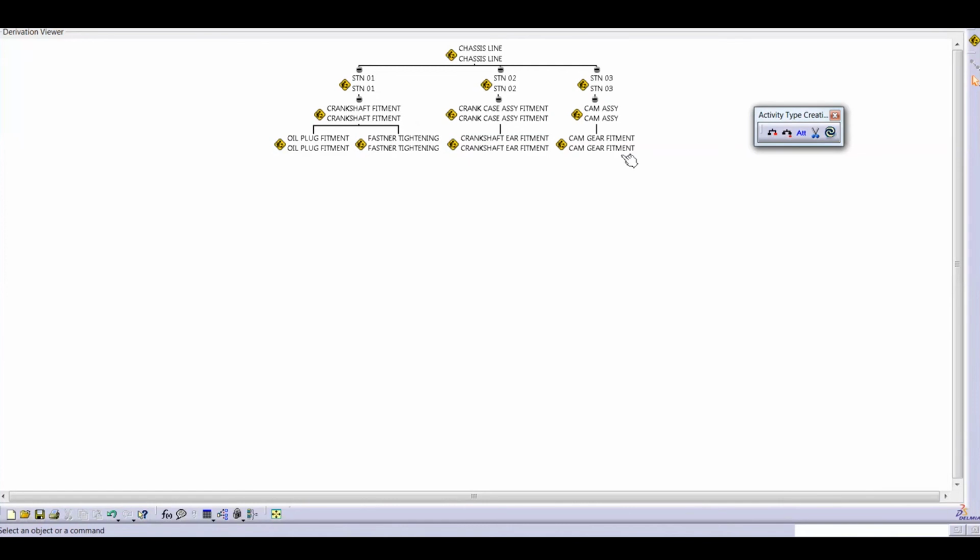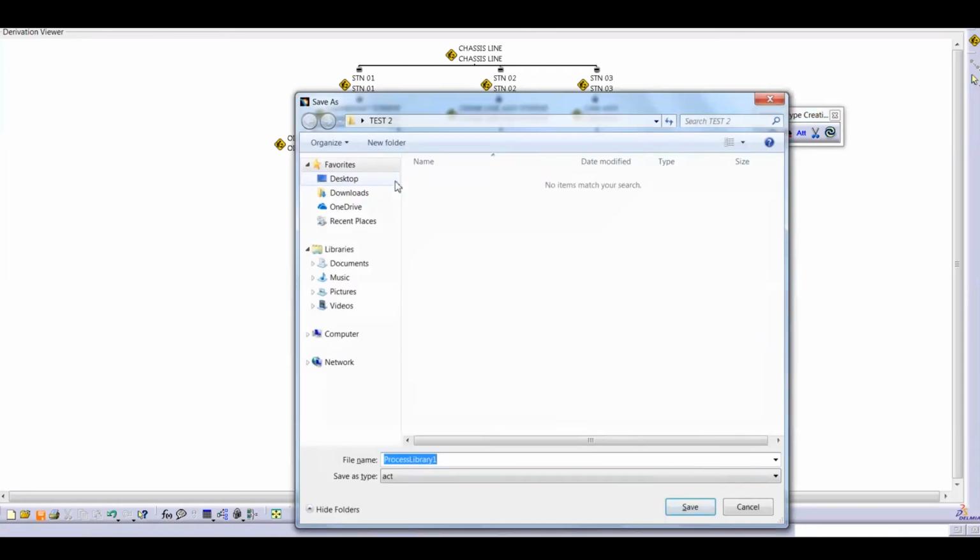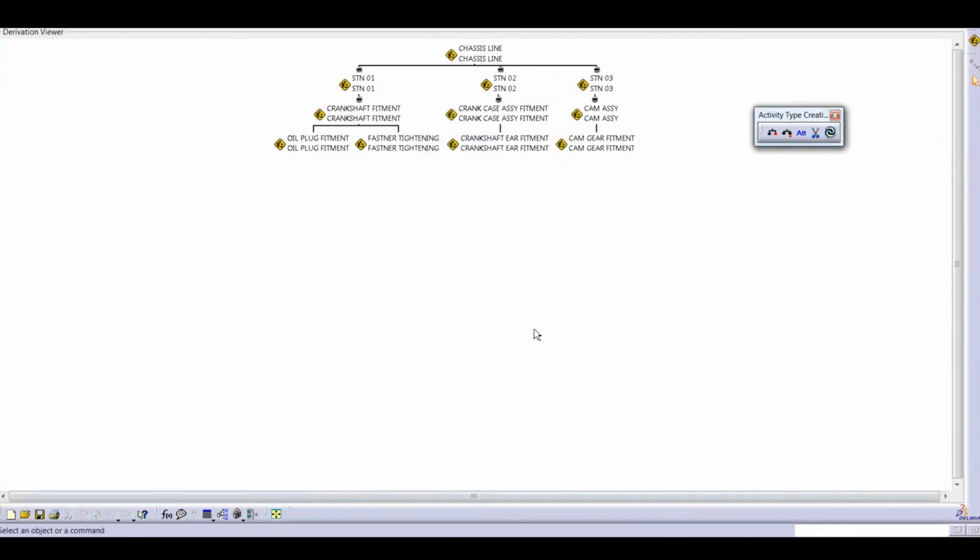This is station 1 process, this is station 2 process, and this is the station 3 process. Some processes you are using for Star Bus Ultra, and this process you are using for City Ride School. When you are performing the simulation of the Star Bus, you will consider this operation and ignore this process. We will save this entire process library. Save, this is an act format, your process library is saved.